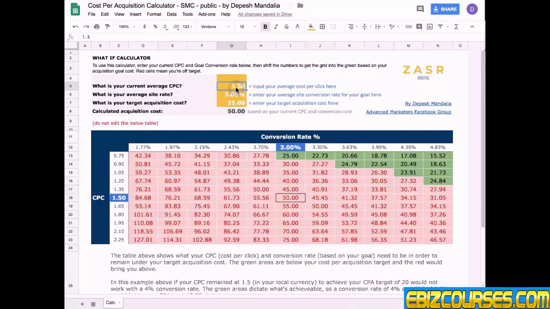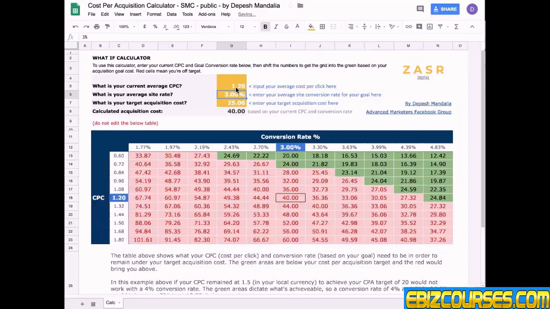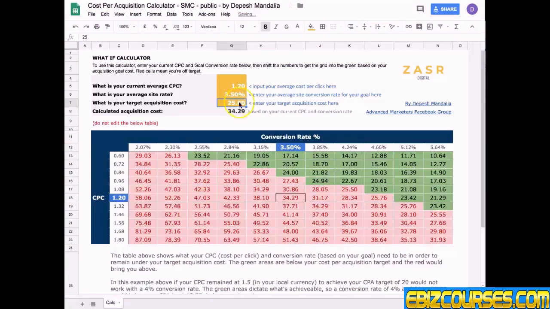Now, let's say we are down to $1.20 in our CPC now, and we're still converting at 3%. You can see I'm still off my target. I still need to work that conversion rate harder. We do some testing and conversion rate has gone up to 3.5%. We're getting closer, but actually I need to get my CPC lower or my conversion rate higher to get back into the green here. Now, let's say, for example, this is a different product and I have a $34 CPA